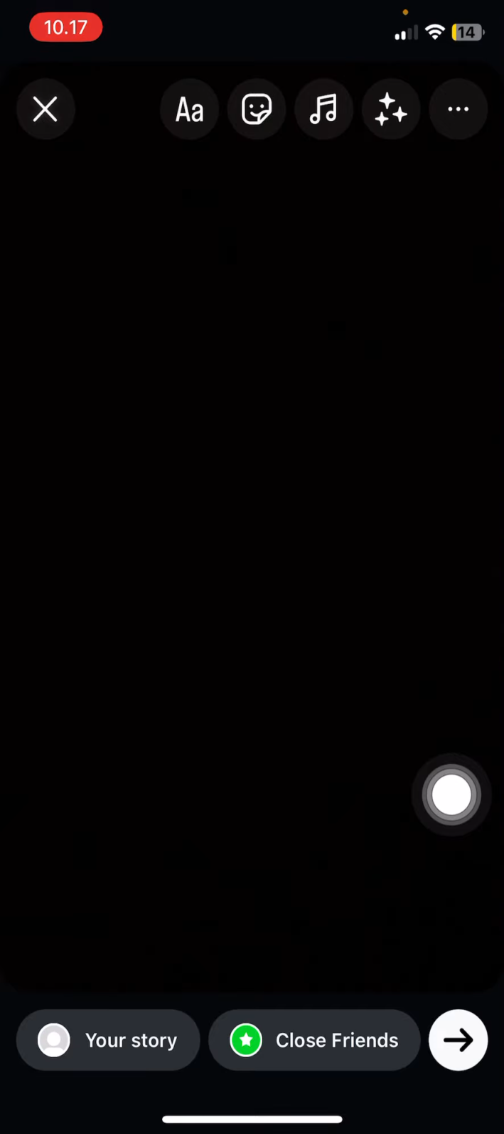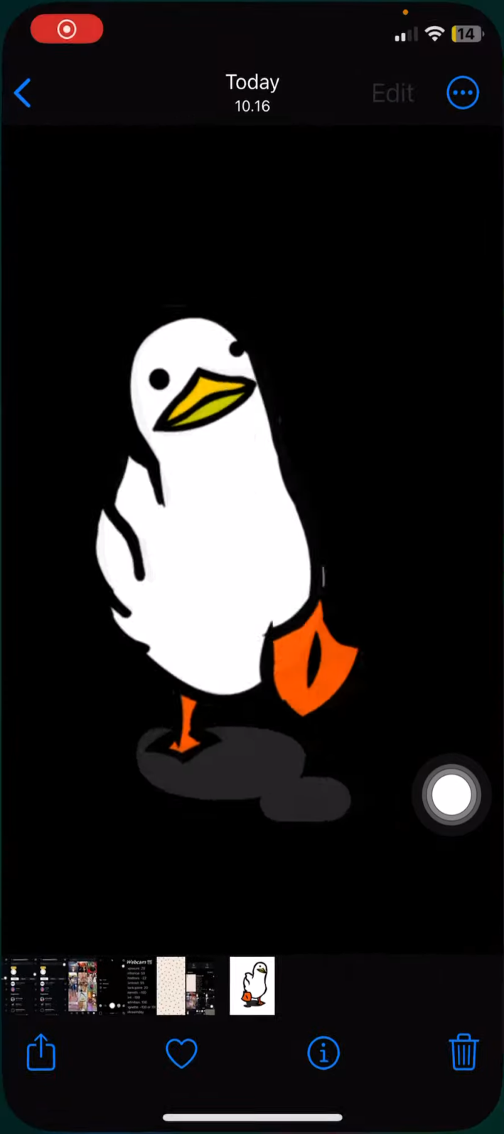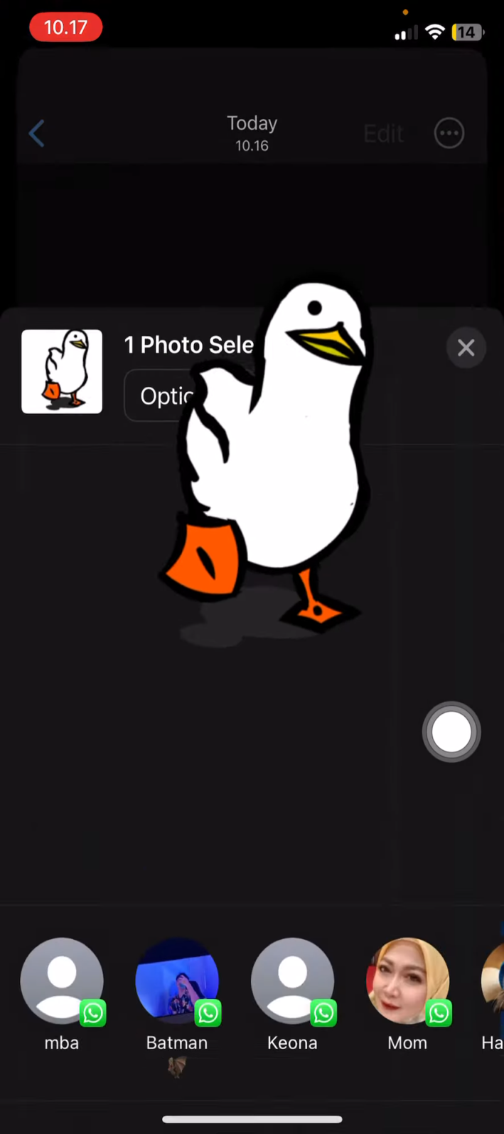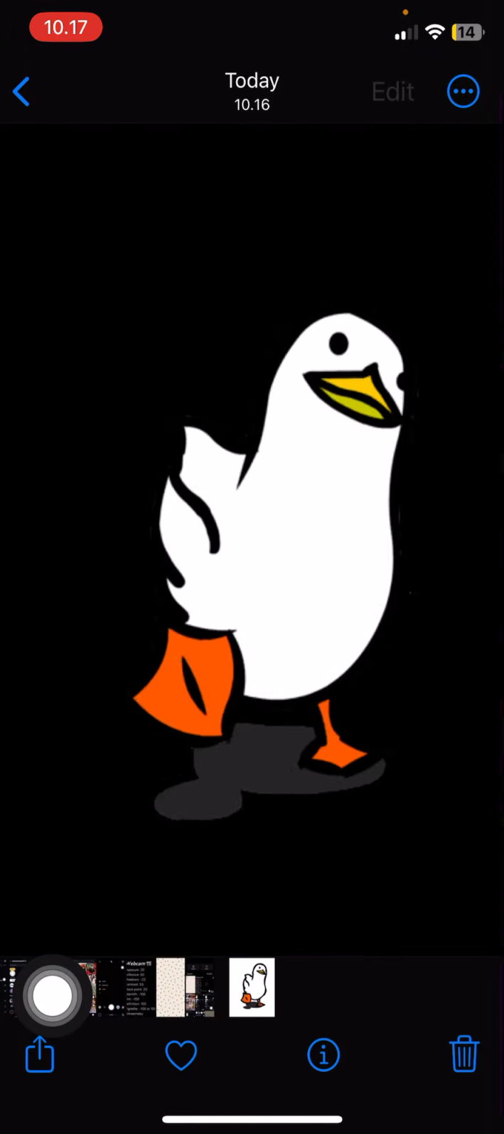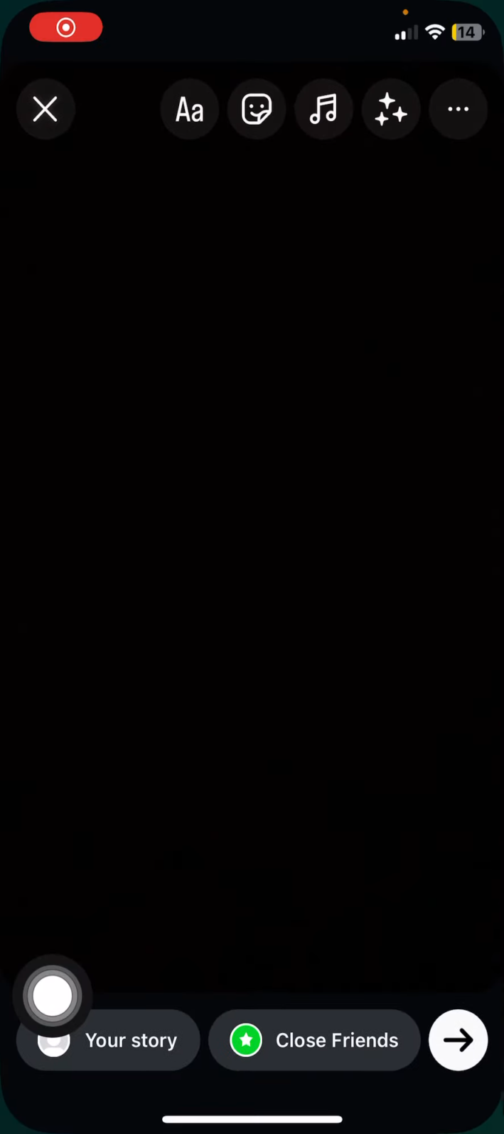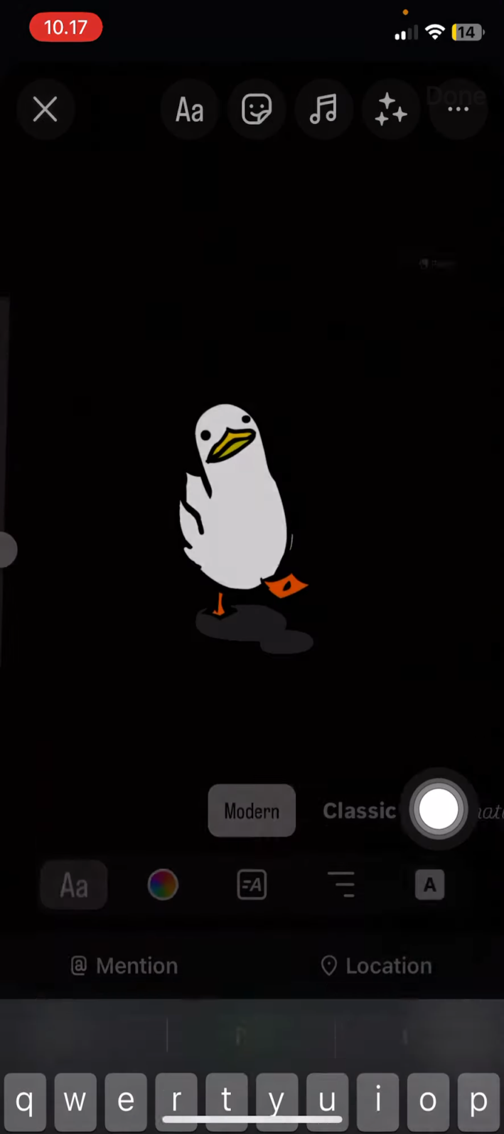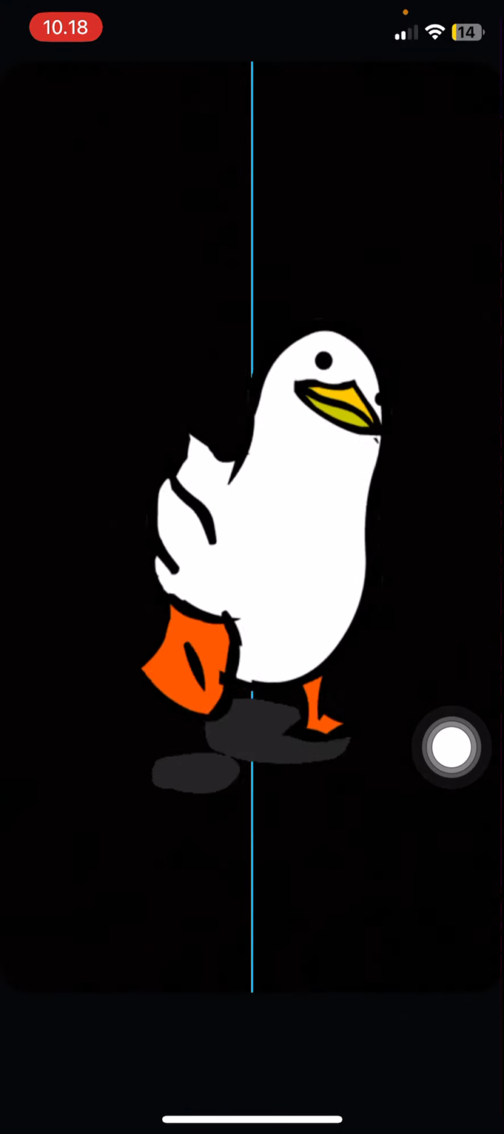of something, go to your photos of the GIF. You're then going to copy it. So press copy photo, and then you're going to go back to Instagram. Then you're just going to basically go to the text and paste it, and voila, as you can see, your